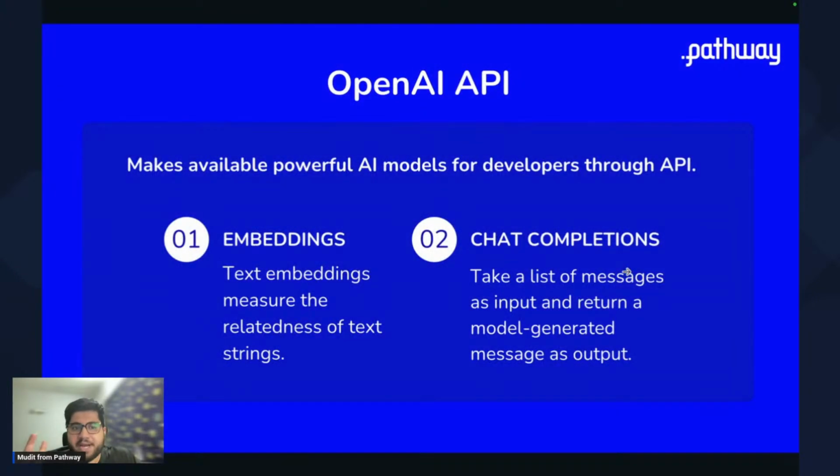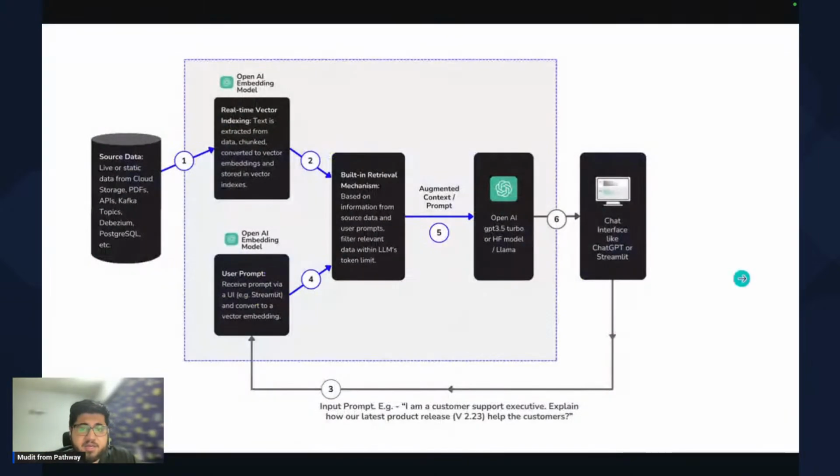So essentially, we're dealing with two kinds of APIs here. Whenever you're building a project, the two APIs that you'll be dealing with, one is the embeddings API, then the chat completions API. Again, if you're dealing with multimodal LLMs, then it will increase the complexity. Maybe you can go step by step to progress with it.